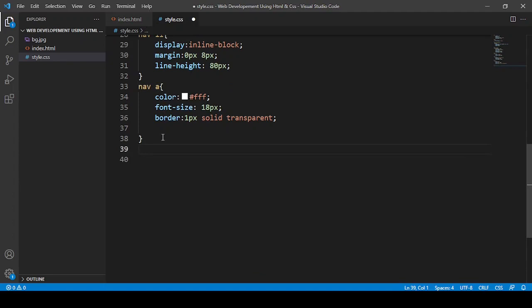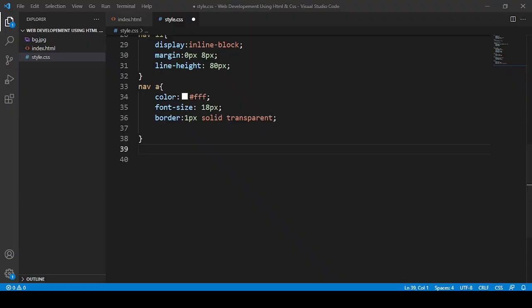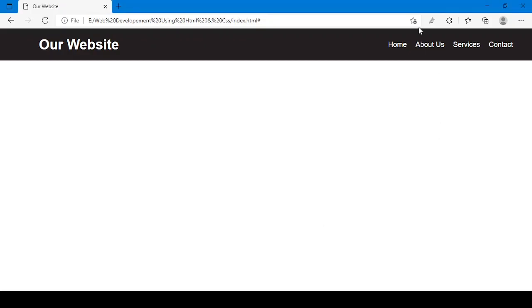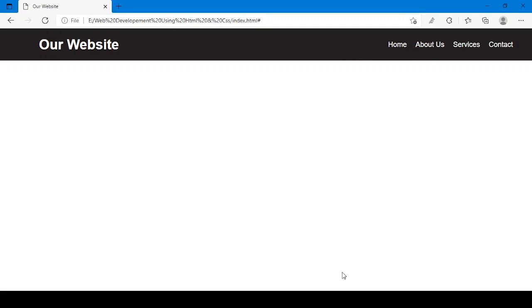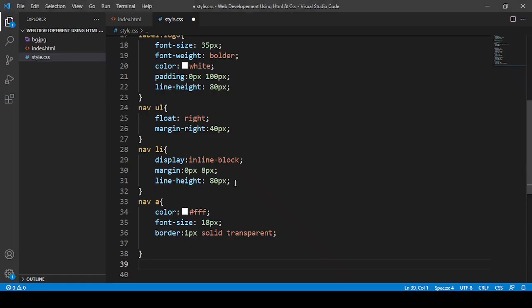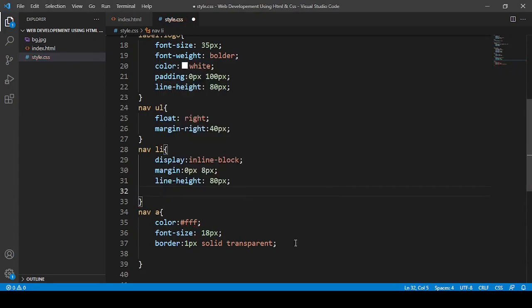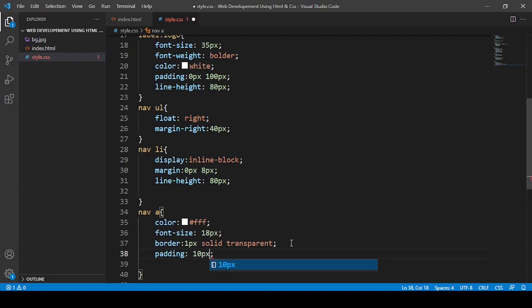But for now I'm going to work with this one, nav ul. Here you can see there is margin from the top. There is margin, yeah, 40 px, but I want this to be a little bit here. So what I can do is nav li, in that I'm going to give padding, or here also I can give padding, where you want just give padding. For example, if I give here 10 px